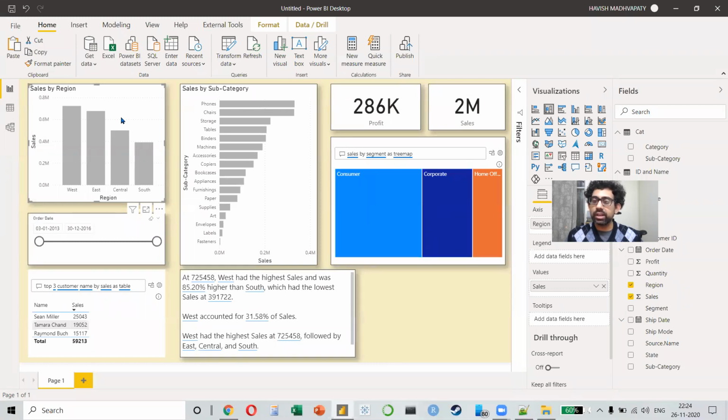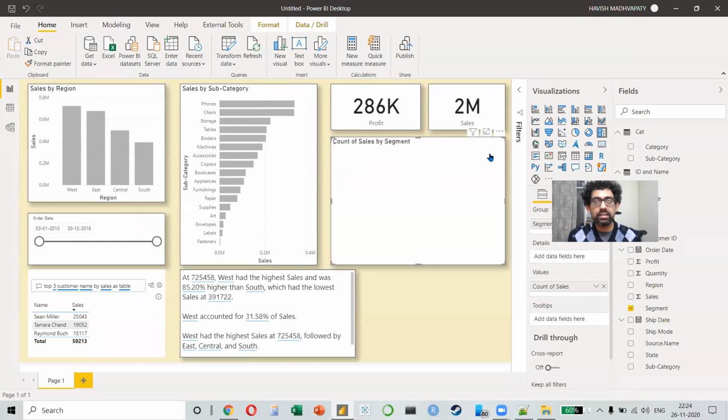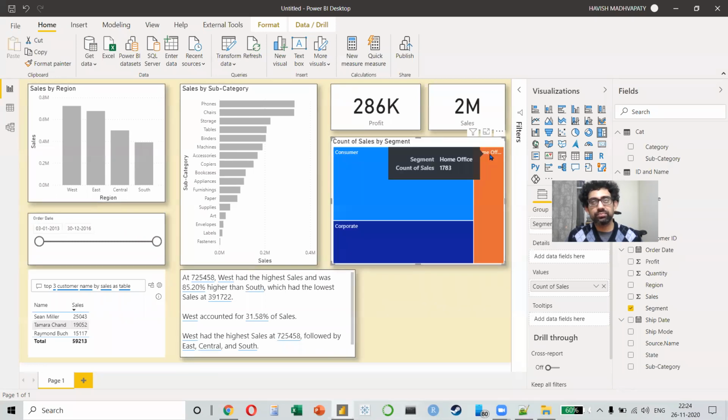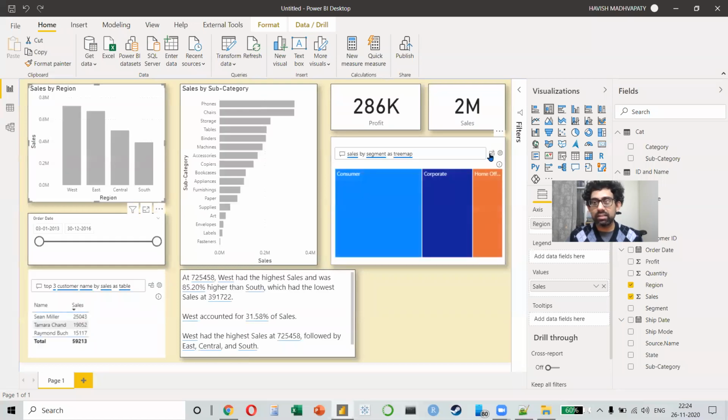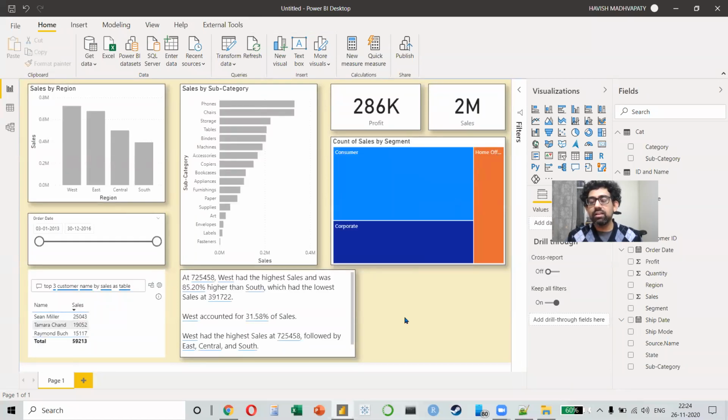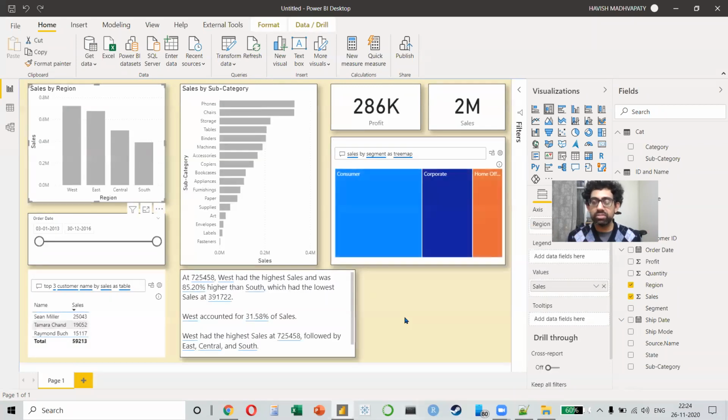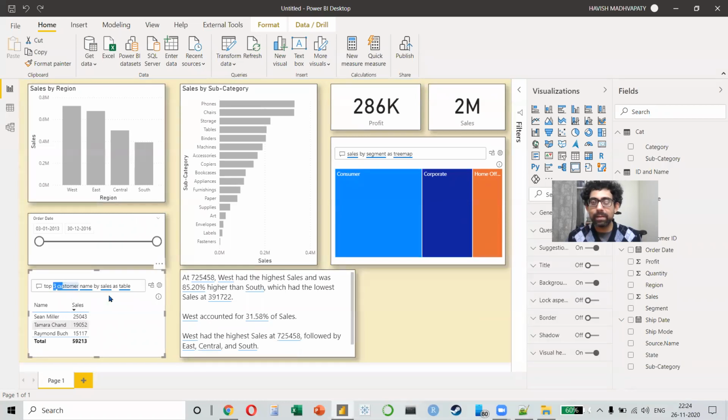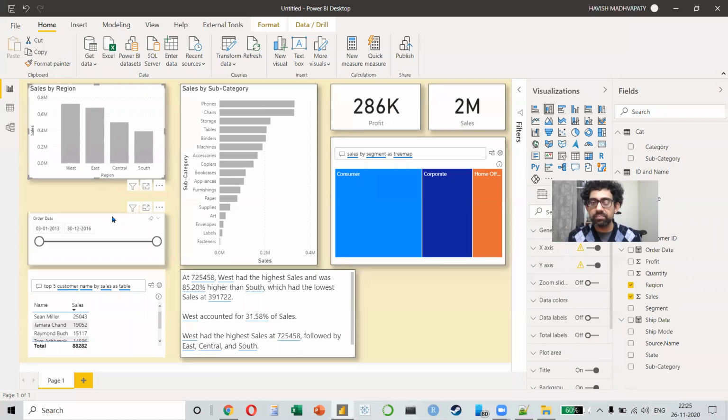Anyone? Any questions? So we can't convert the Q&A visuals into normal ones, right? Yeah, you can. You can just click on this button, this one, and this becomes a normal visual now. But there is no going back. Like if you convert it into a normal visual, then you want to go back, you can't do that, right? So just remember, once you're happy with the result, after that you can convert it into a normal visual. Whatever is dynamic, you should always keep it as a Q&A so that it's dynamic, right? So people have the option to change that.